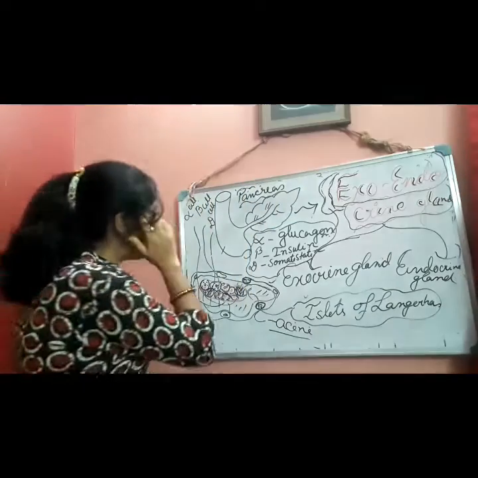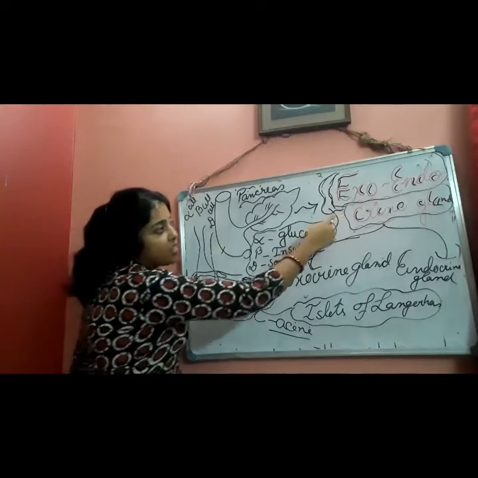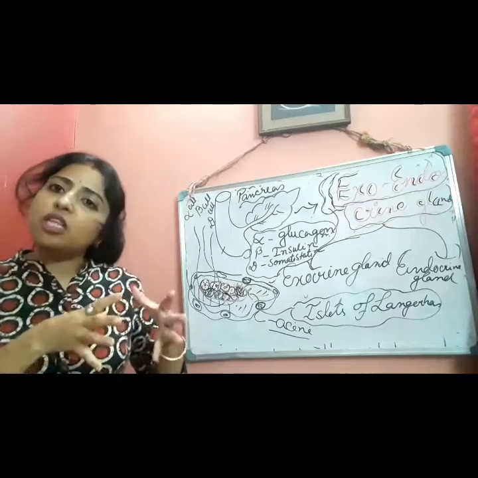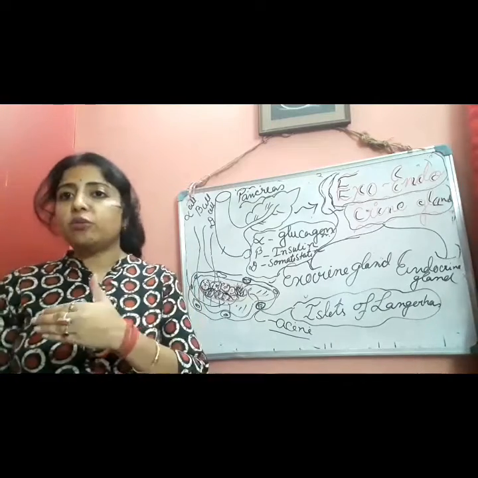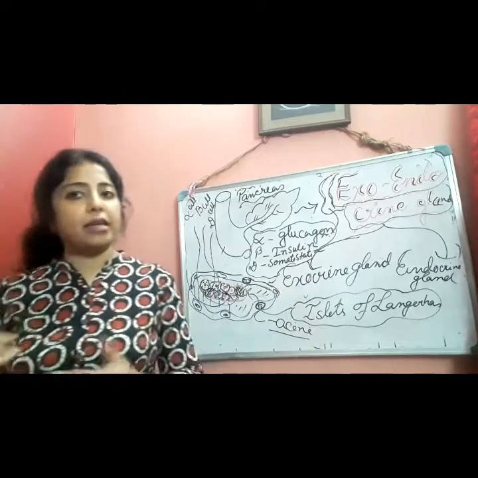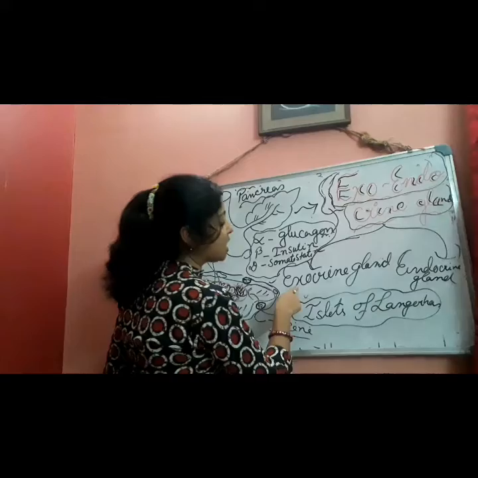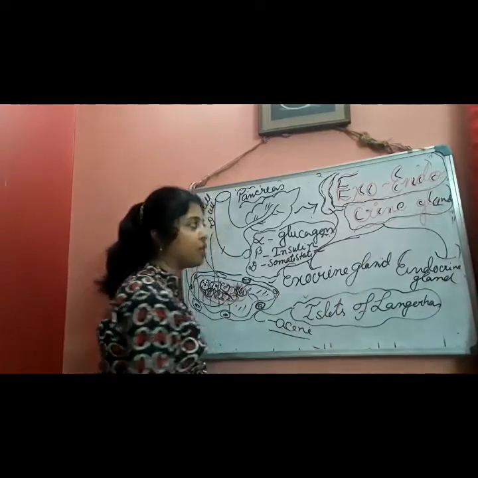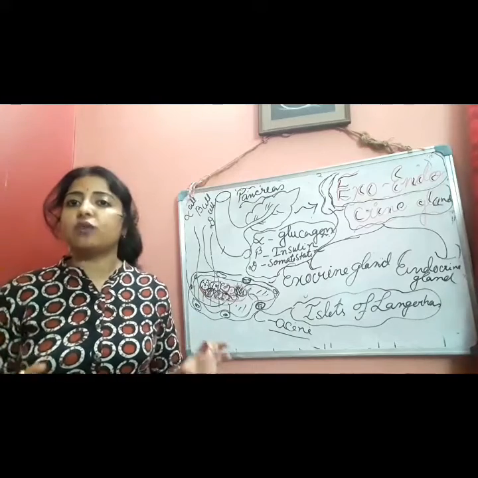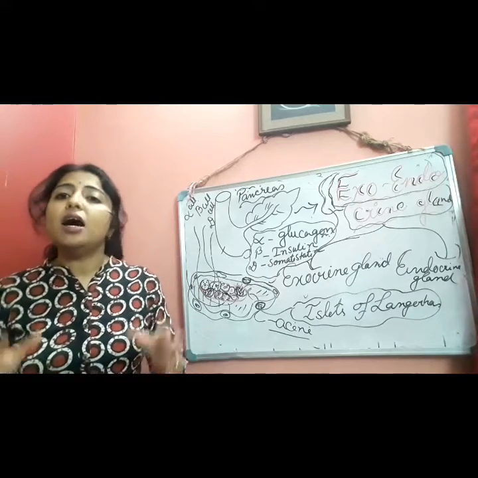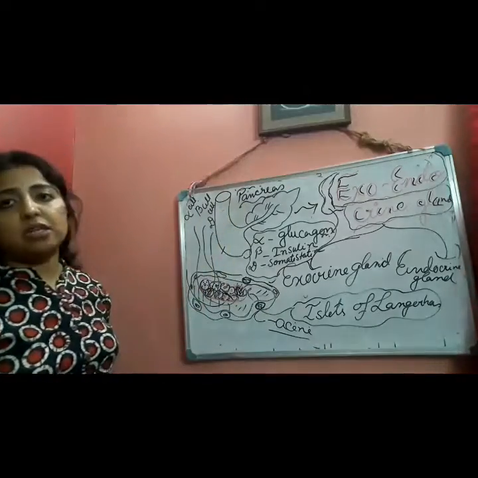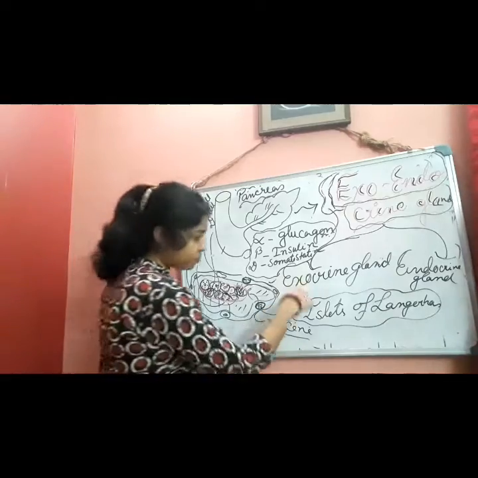Another one. Here I have written one thing, exoendocrine gland. Exo and endo mean both are present, a mixture of two kinds of glands. What is that? Exo and endo. That means it consists of exocrine gland and endocrine gland. Not only the pancreas, some kinds of glands in the human body are considered exoendocrine glands. Among them, one of the greatest examples is the pancreas.